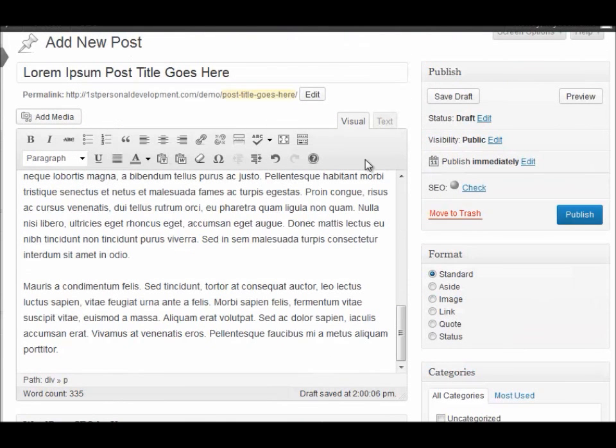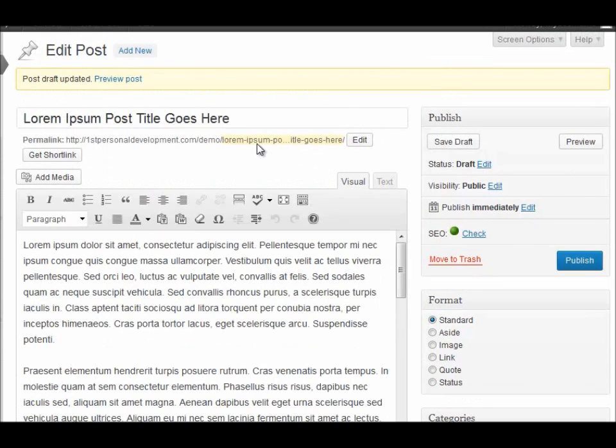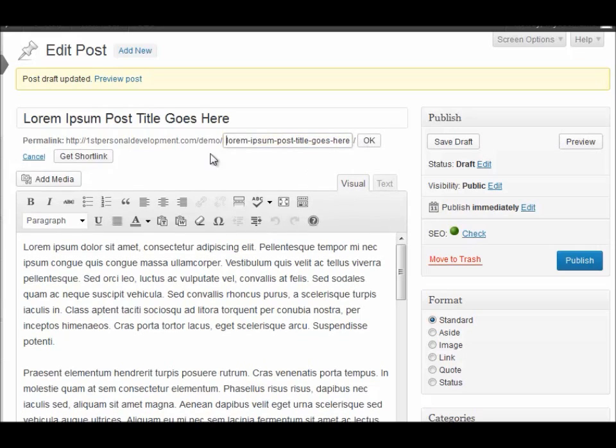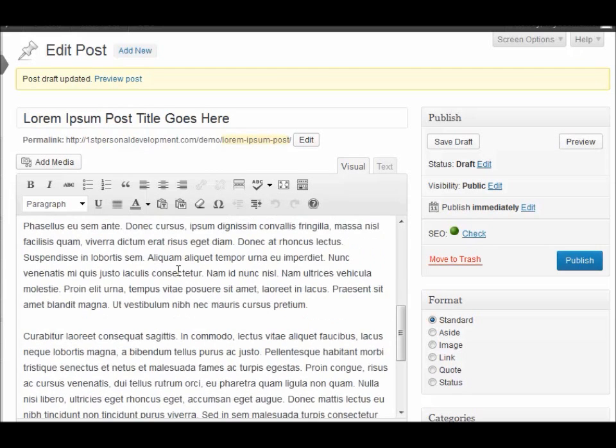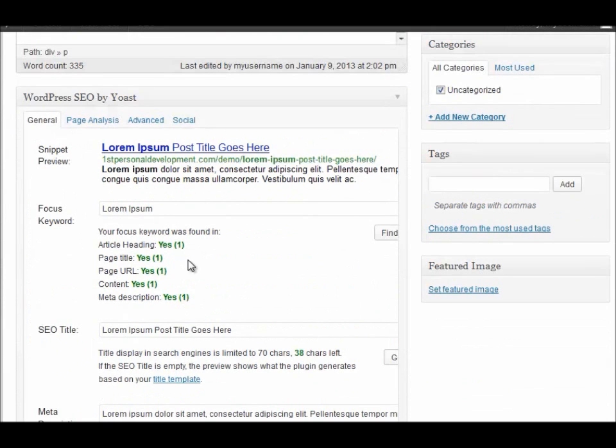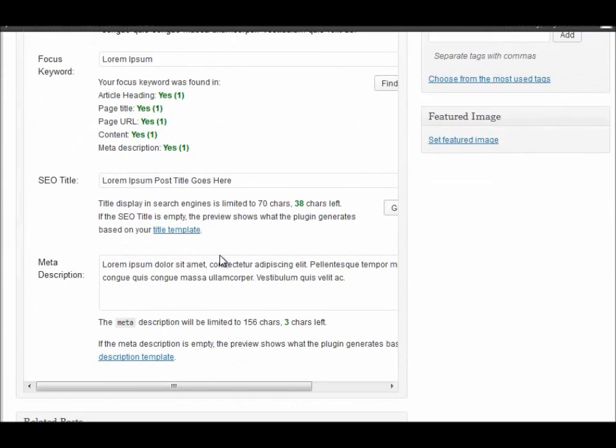Once you're happy with that, you can either save as a draft, which I'm going to do, or you could publish. That's the next bit I'm going to talk about. If you remember, we set the permalink up, and that's a bit long, so I'm going to cut that down to size, change that. Up to you whether you do that or not, but if the URL goes on for too long, I find it a bit yucky. And then the power of Yoast is, once you've set all those, you can also do